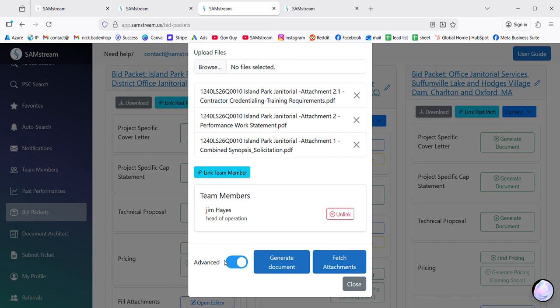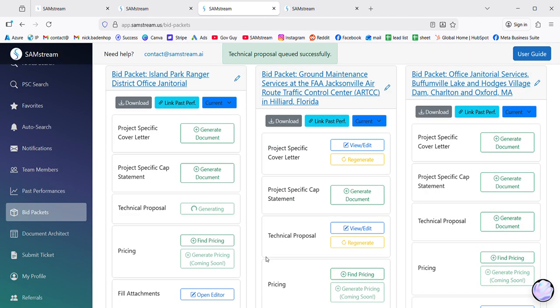I've got framers, I've got electricians, and I've got plumbers. That's when I'm going to use advanced. So most of the time I'm going to use simple. I've given it the documents. I've given it our team members. All I do is hit generate, and the software goes straight to work generating this technical proposal specific to us,